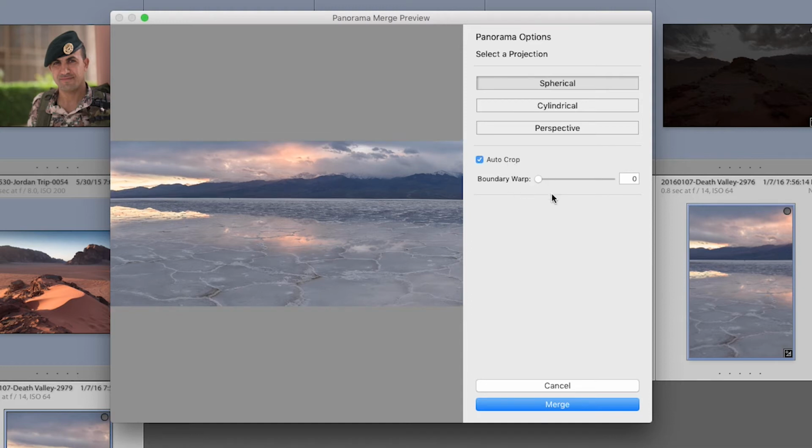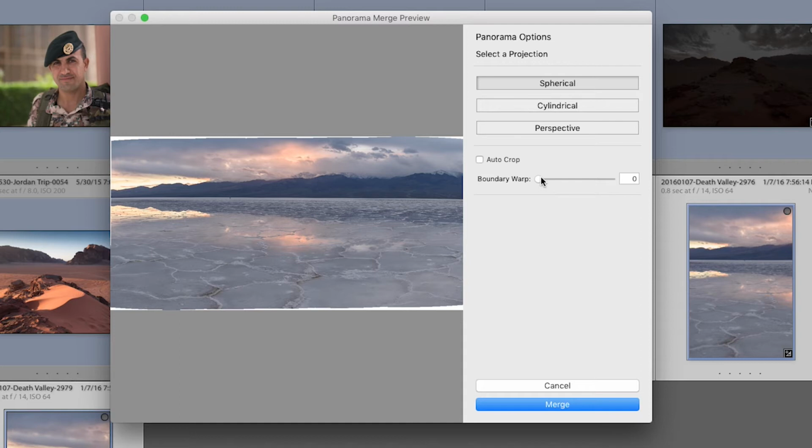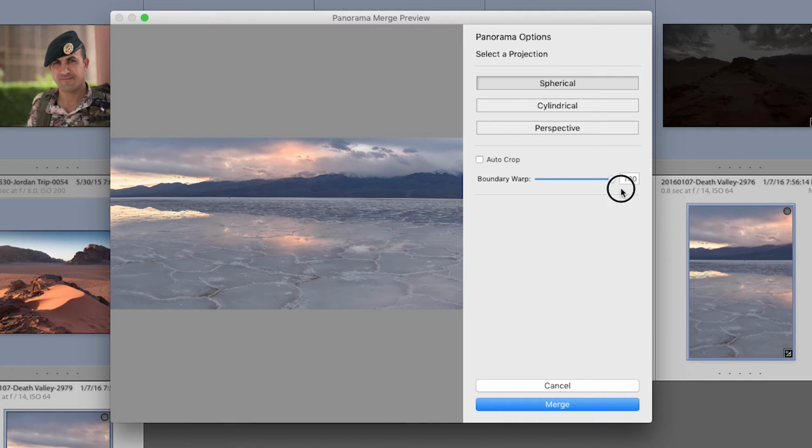So next we've got the boundary warp. Now, if I'm actually going to go back and uncheck this, what I could do is use the warp feature, which is going to take that image and try to stretch it until all of those white areas are gone. And as you can see, towards 100, and once I reach 100, it basically takes that image and stretches it all the way. Now, for this particular image, it might be an okay setting, but if you have certain lines that you're working with, maybe some straight lines, it might actually start curving them towards the corners. So in this case, it might actually work pretty well, but I'm not going to do that. I'm going to bring this back to 0 and just apply a simple crop.